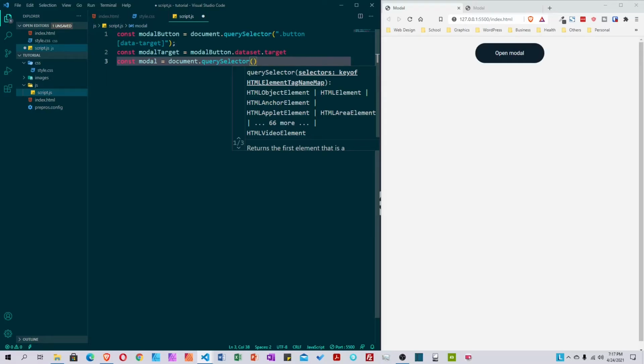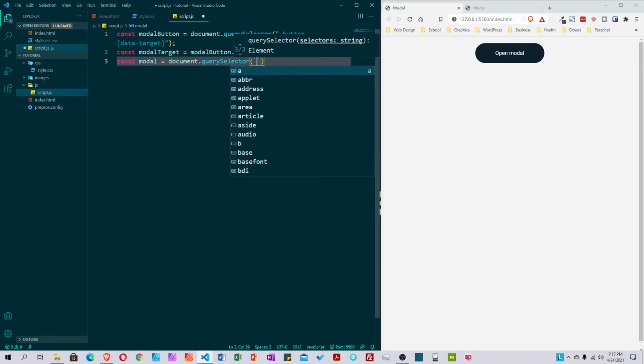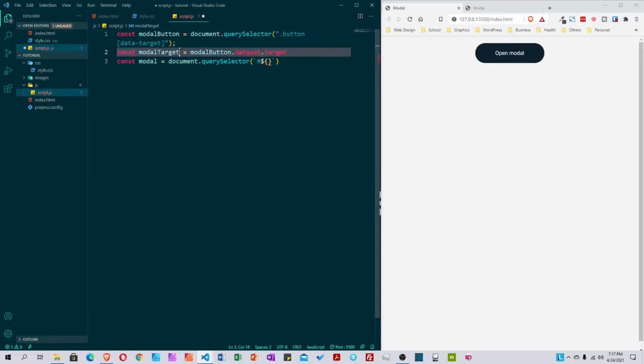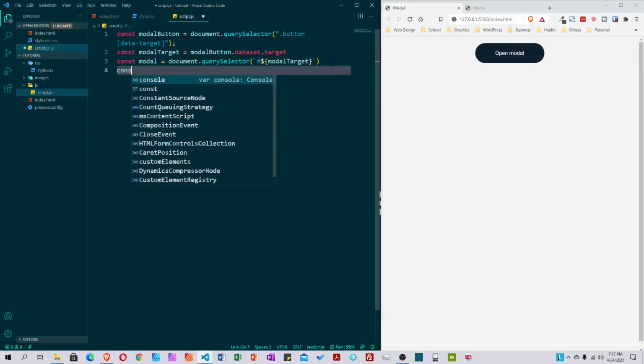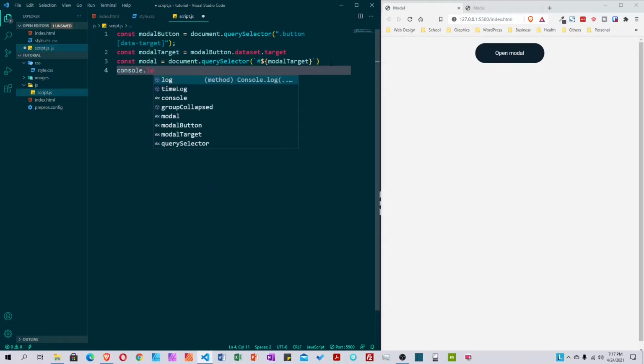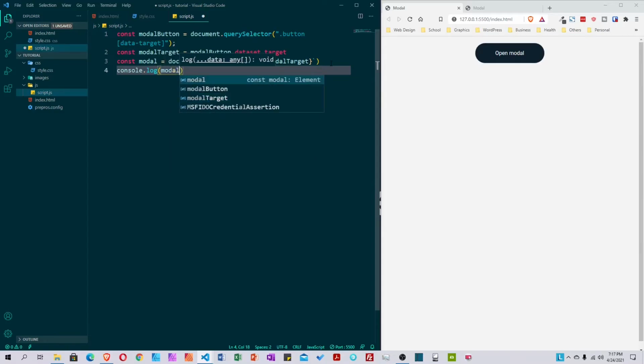So we're going to use our template literal. So, a backtick, as you can see right here, we put the hashtag for the ID and the dollar sign into curly brackets, and then we're going to specify this variable right here, modalTargets. Now this is going to grab any element with this ID. So if I cancel like this, dialog modal, save it,